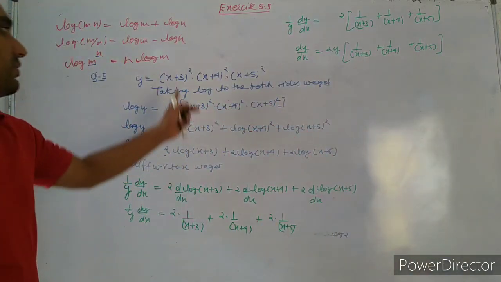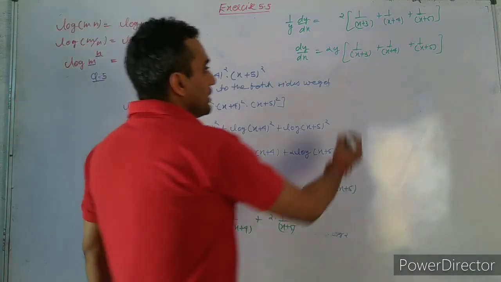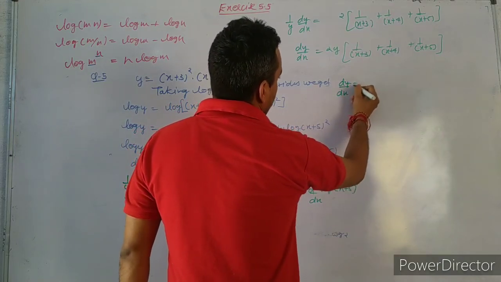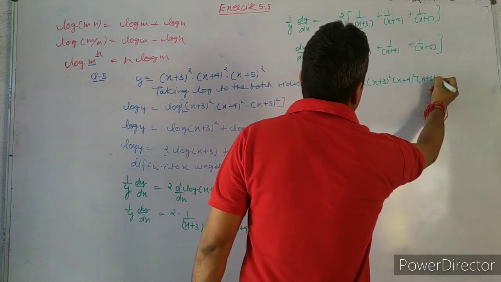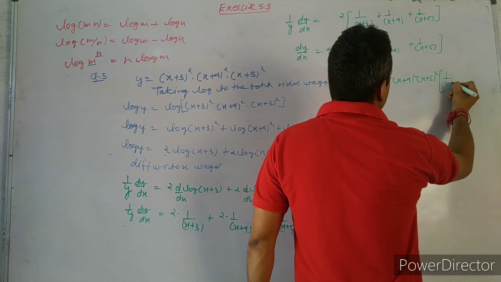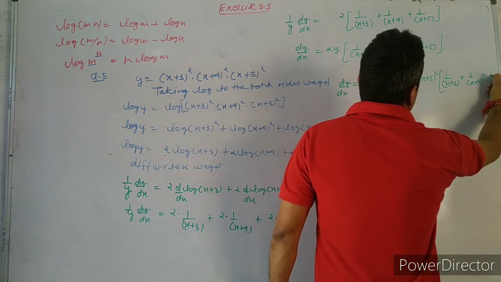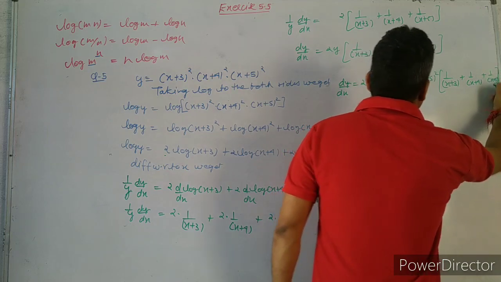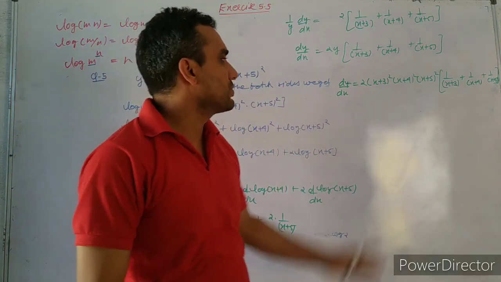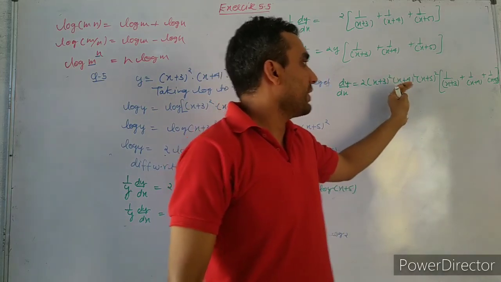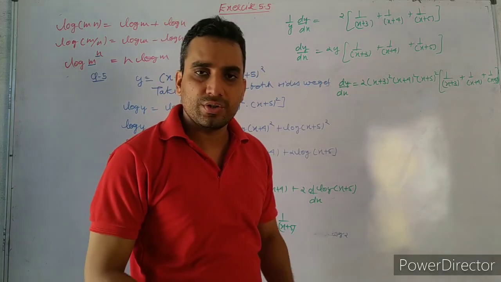Now again determining the value of y, which is here x plus 3 whole square, x plus 4 whole square and x plus 5 whole square. Substituting the value of y, I will get 2 x plus 3 whole square, x plus 4 whole square, x plus 5 whole square, and inside the bracket I will get 1 upon x plus 3, 1 upon x plus 4, or 1 upon x plus 5. Then the very next thing we can do in this question is multiply this factor inside the bracket. That is your choice, or till here the question is also right.